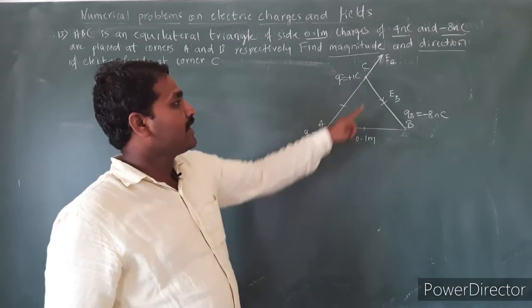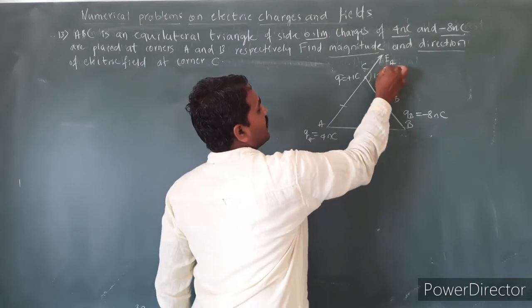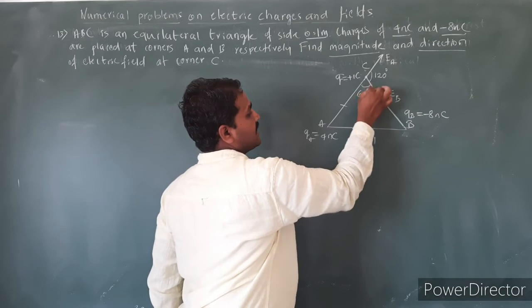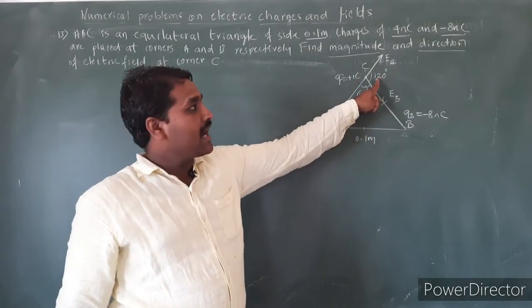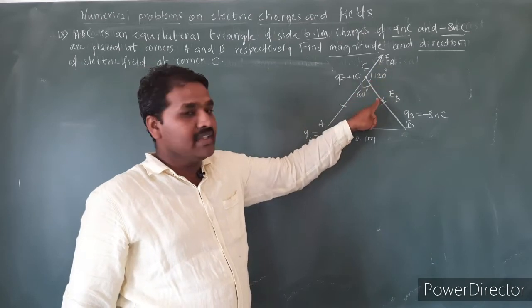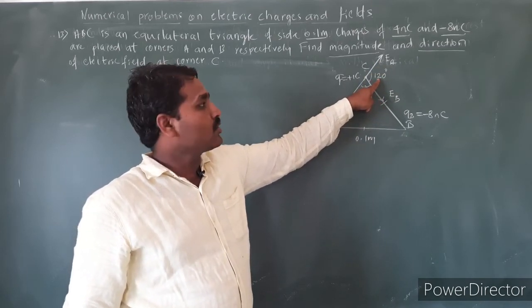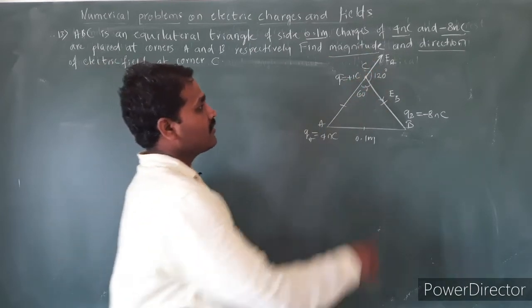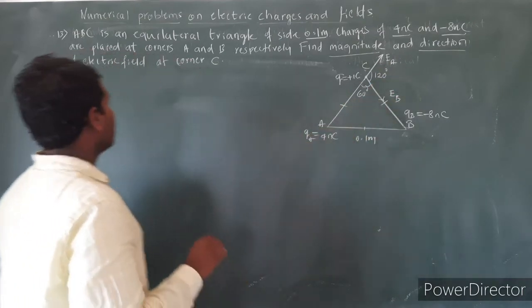Okay, and the angle between these two is what? So this is equal to 120 degrees, because this is equilateral triangle, here I have 60 degrees, this exterior angle is equal to what? 120 degrees. I have two electric fields EA and EB which are acting at angle of 120 degrees. I have to find out the resultant of these two vectors. Okay, so for that first we shall calculate what are the magnitudes of EA and EB.